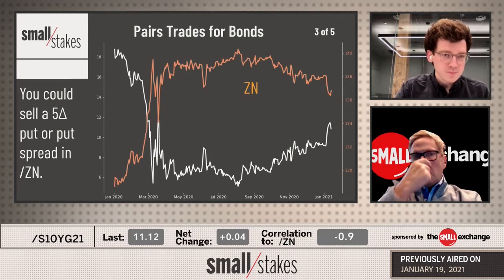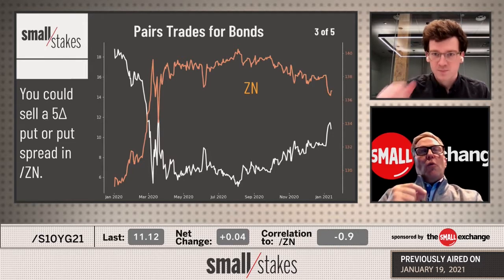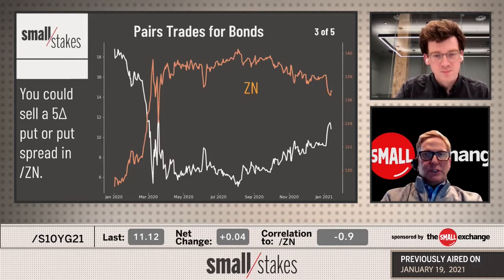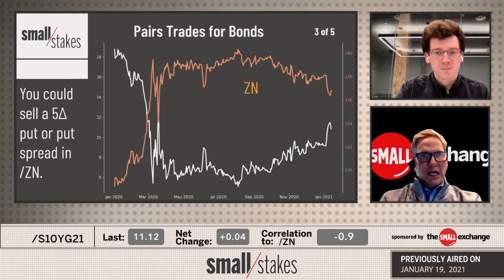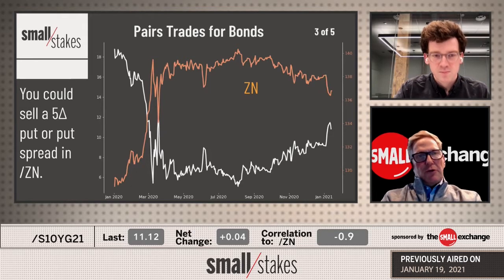But they are a wonderful pair, and the one thing is, when you have an inverse relationship, the pairs trade becomes a buy-sell. So that's something we've looked at. I would say out of every 10 pairs we talk about, Frankie, maybe 1 to 2 of them is that inverse relationship. This is one of them where that inverse relationship exists. So when we're buying Smalls 10s, we're looking for long deltas in the inverse product, which is ZN.